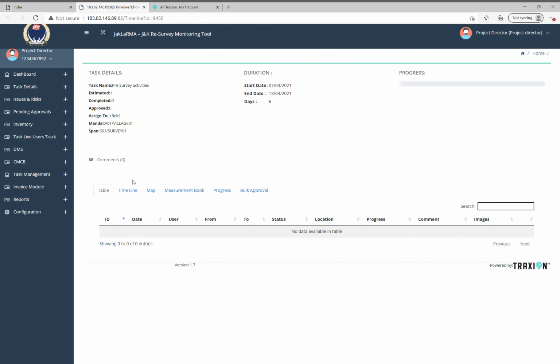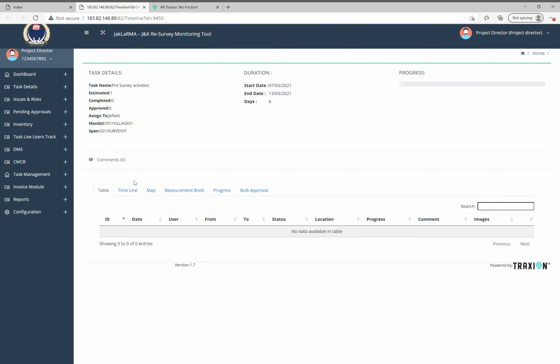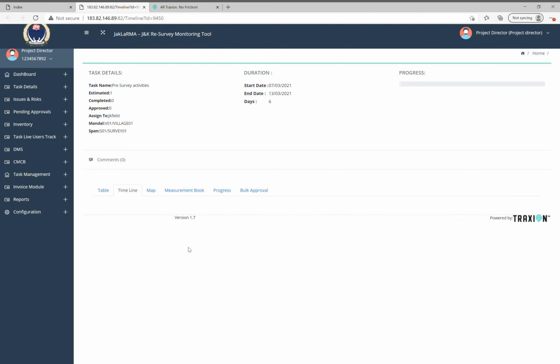So if we go into, let us say, one of the sample tasks, firstly you will get a data table of all the data collected for this activity in the mobile app, and you'll get a timeline of various events that happened from the beginning of the project.